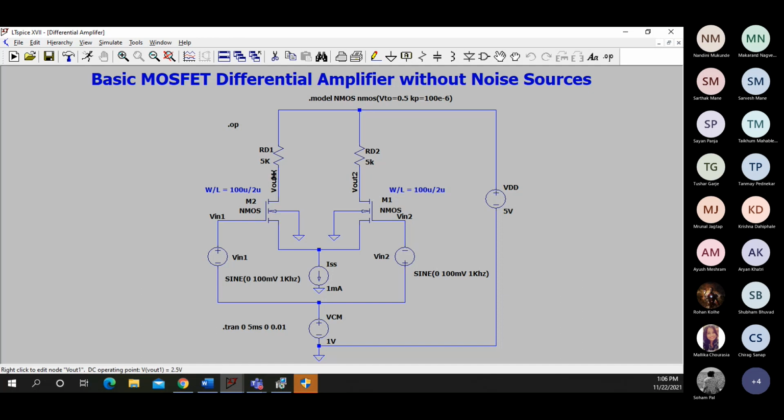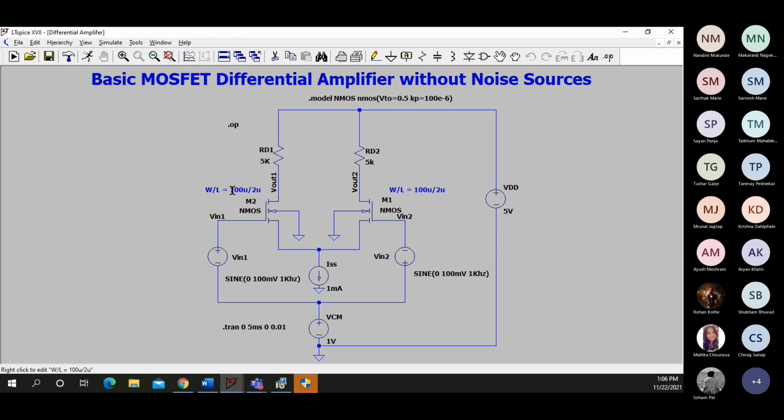I will give you 5 minutes to build this circuit, and then you all will put the circuit in the chat box, and then we will see the simulation of this particular circuit. Please name this circuit properly, because the next circuit would be something similar. We are going to add or subtract something to this circuit itself. So make this circuit properly with all the nomenclatures.